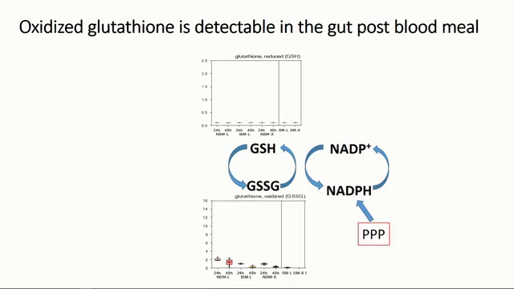Additionally, when I mentioned that there's an antioxidant that can help prevent oxidative stress damage, the ones that we're looking at specifically are glutathiones: the glutathione oxidized form, which is GSSG, and then the reduced form, GSH. So the GSH is the form that is able to actually respond and mitigate oxidative stress, whereas the GSSG form is the spent form. And what we find is that the oxidized form is higher in post-blood meal-fed mosquitoes when you compare it to the sugar-fed alone. So this is our sugar-fed, low, almost no detectable levels, and higher levels in the blood-fed.